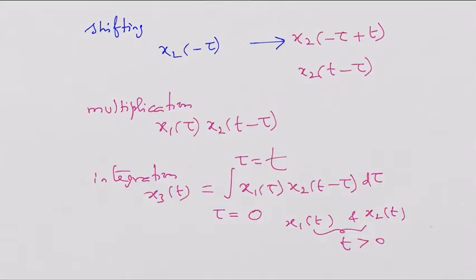So in order to determine the range of values of tau for the product signal, the graphical representation will be very much useful. So what are all the steps involved? Folding, shifting, multiplication are all really very important. Of course, change of time index is there, folding is to be carried out, shifting is to be done, and they are to be multiplied. Once the multiplied signal is ready, they are to be integrated, right? From minus infinity to plus infinity is in the regular format, but usually from tau 1 to tau 2. But if both the signals are defined for t greater than 0, it is better to define the lower limit as 0 and upper limit will be t. So that is the practical formula that we are using for CT convolution.